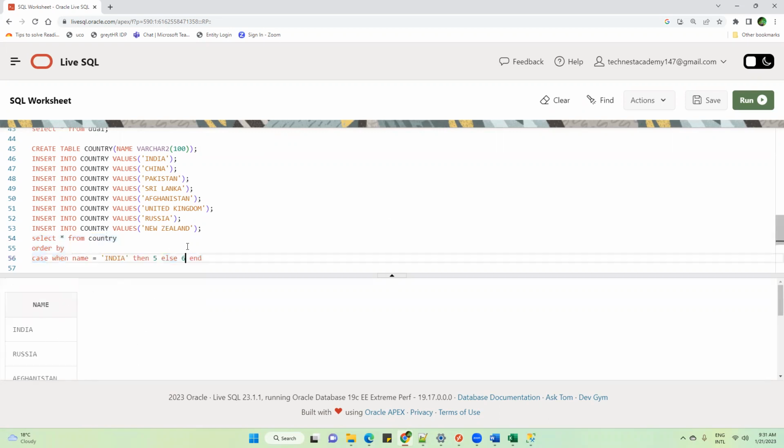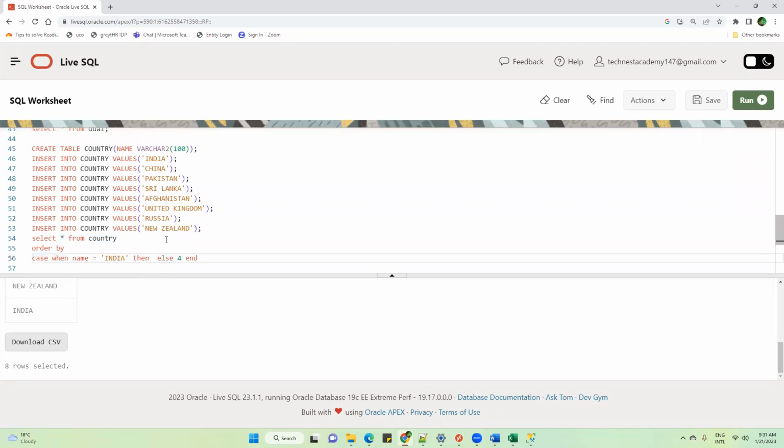If I write here 4, then what will be the output? Let me check. India is at the bottom. Understood this? The game of these numbers. Is this clear?